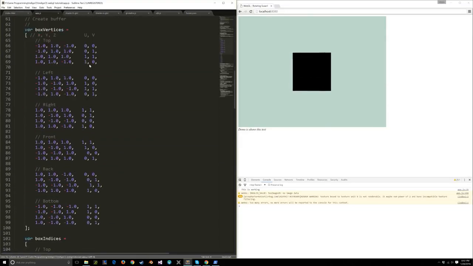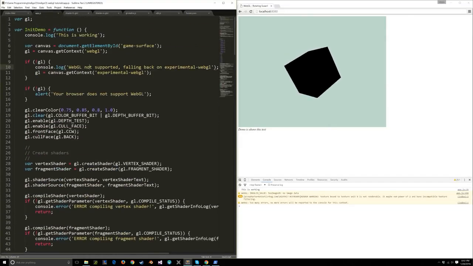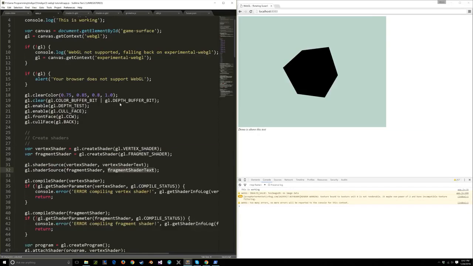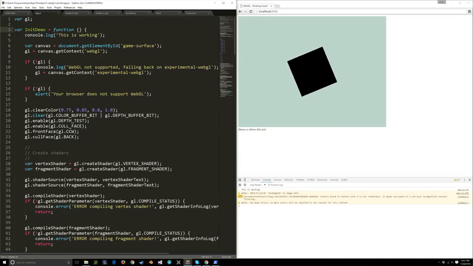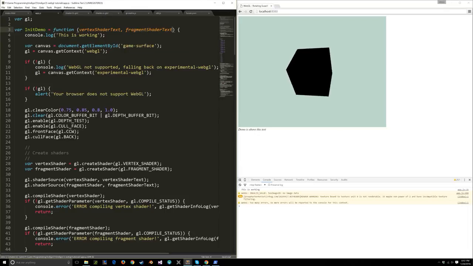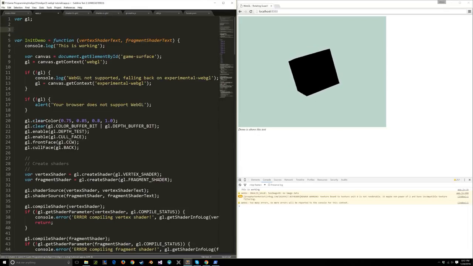Great. So now one thing I am going to point out is I've gotten rid of the vertex shader text and the fragment shader text, these two variables. So I'm going to add those as parameters to init demo: vertex shader text, fragment shader text. And then I'm actually going to make init demo a different function. And I'm going to use init demo